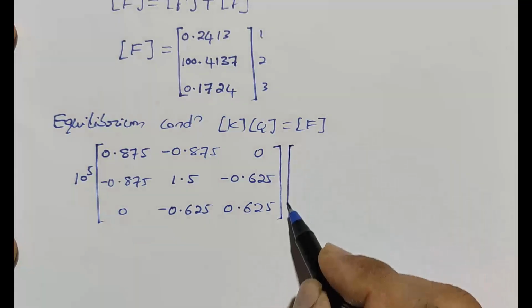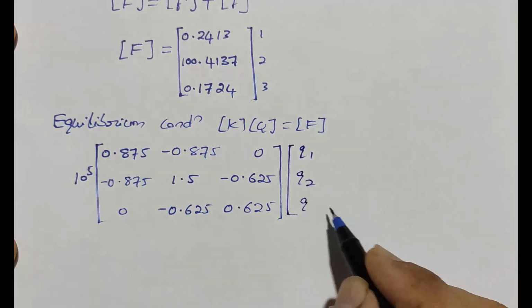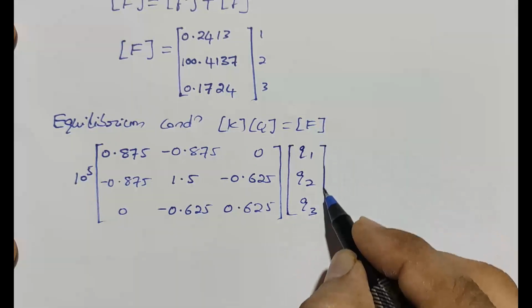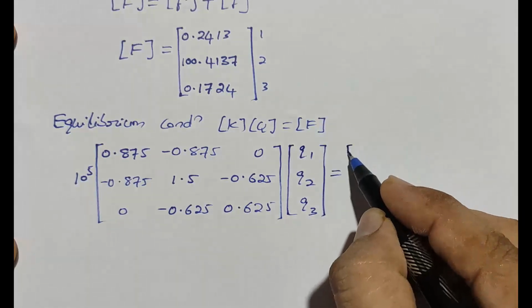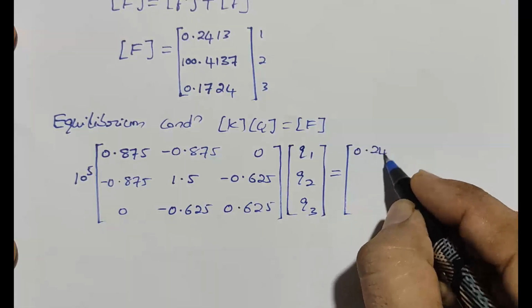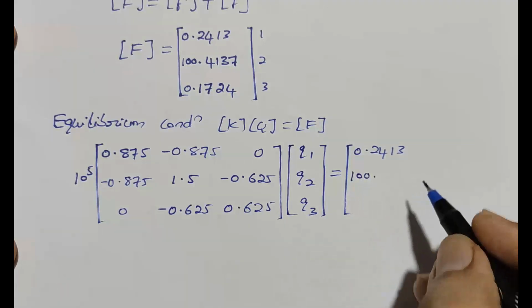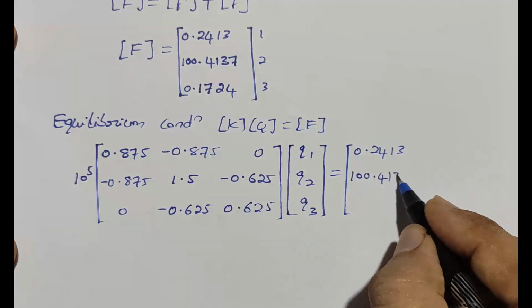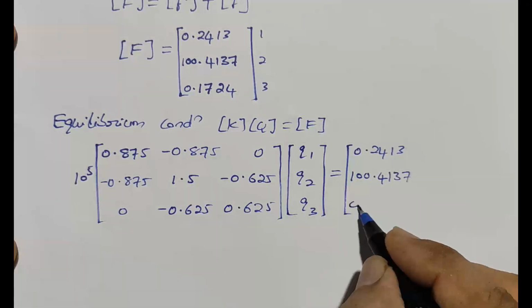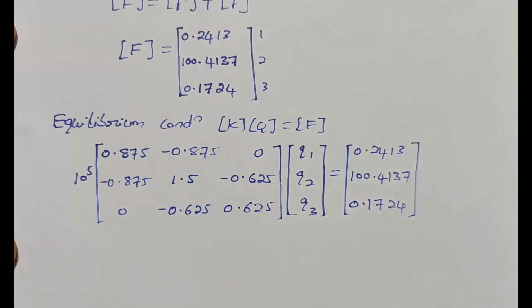Q will be equal to Q1, Q2, Q3, is equal to F1 0.2413, F2 100.4137, F3 is 0.1724. This is the equilibrium condition. Next is applying the